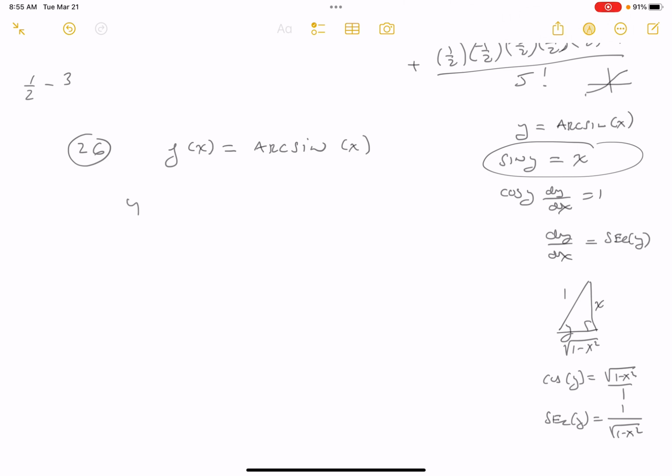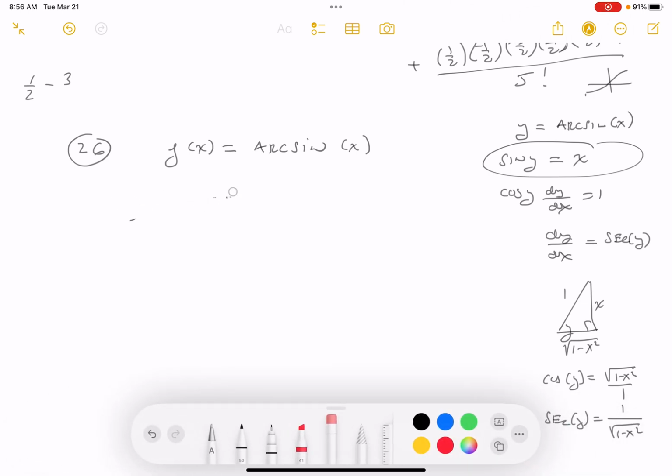So if y is equal to the arc sine, you know what, I'm not going to use y. I'm going to go back to my eraser and get the eraser out. Back to f of x here. f of x is equal to arc sine of x. And I'm going to say f prime, and again, I'm trying to relate it back to what I know,